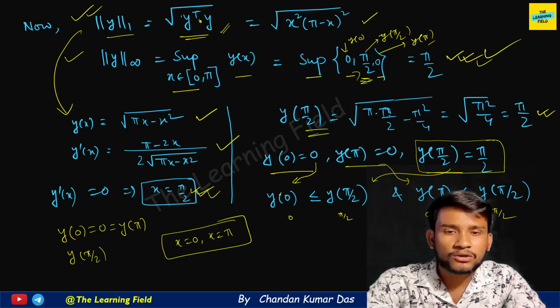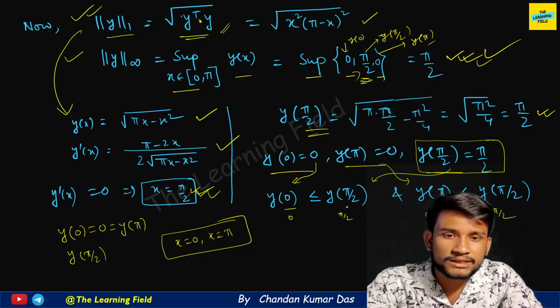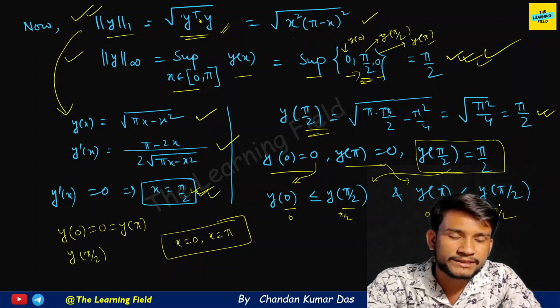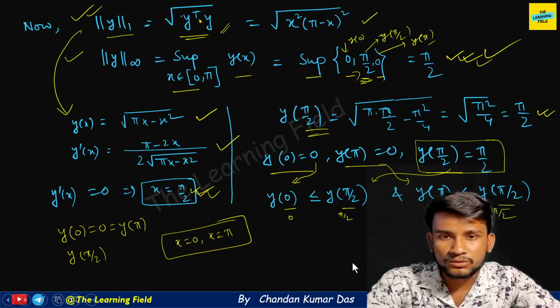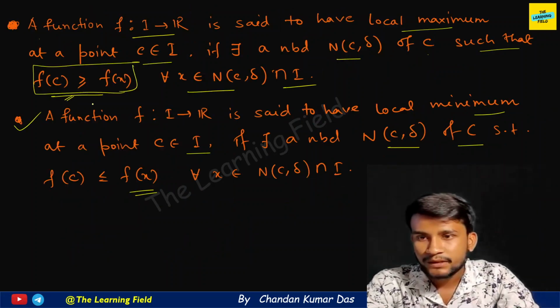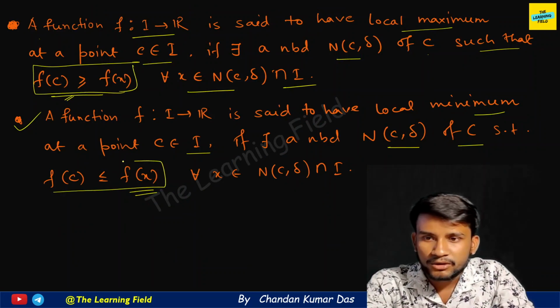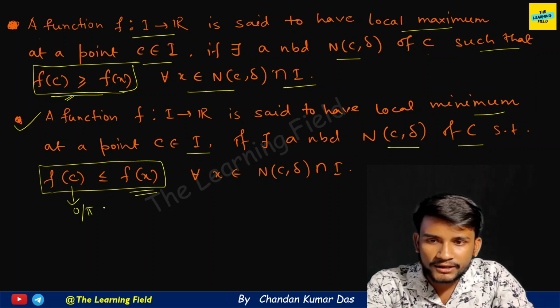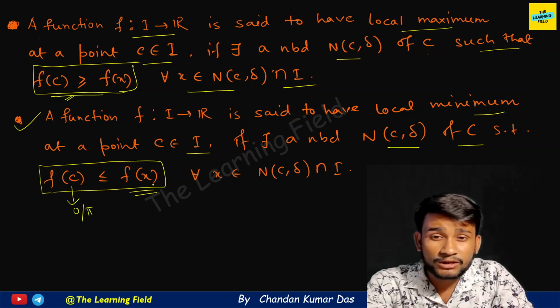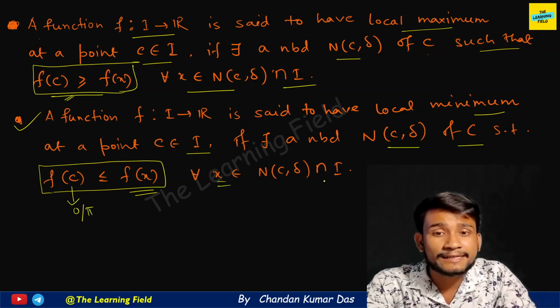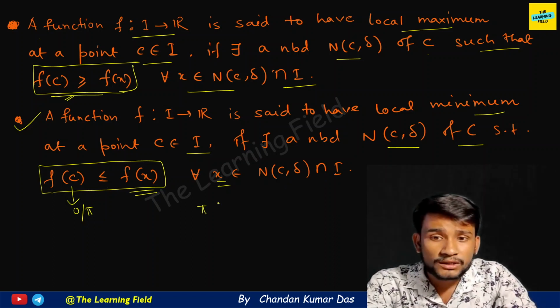Okay, because y0 is less equal to y pi by 2 and y pi is less equal to y pi by 2. So see this definition, this is the definition for minimum. y0, that is at c equal to 0 or pi, we get less equal to fx, where x belongs to the neighborhood N(c, delta) intersection I. So pi by 2 can belong to